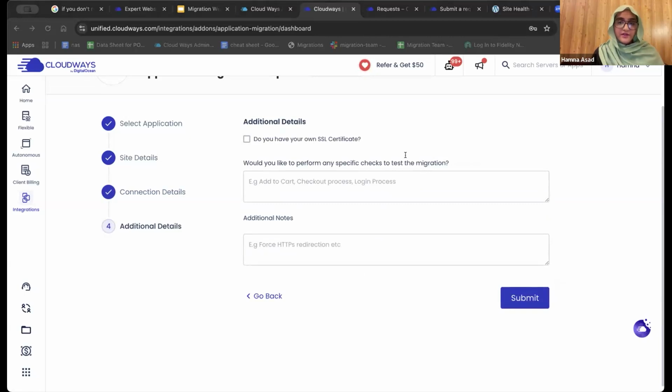Now, in this very first box, you need to add any specific checks you want us to perform after the migration. For example, if you want us to check if permission of any particular folder is exactly as per your source site or the directory structure you want us to follow, or any XYZ instructions that you want us to take care, you can add that here. And in additional notes, you can just add any extra information that you want us to know. Basically, please remember, the more information and clarity we have,